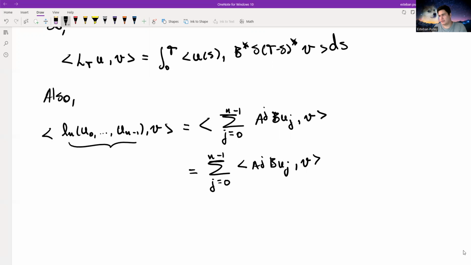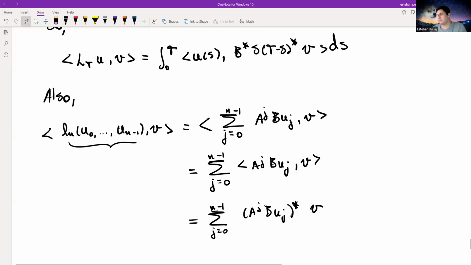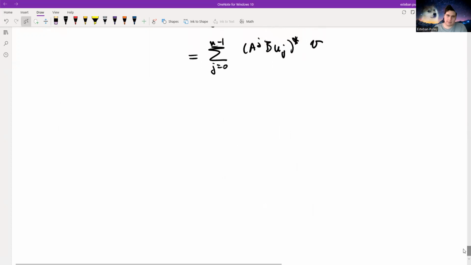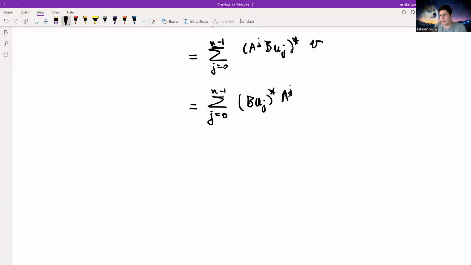Well, again, we do this calculation and have the following. We do j converse b. And this is equal to the sum from j equals 0 to n minus 1 of b u_j transpose a to the power of j transpose b, and this is equal to the sum over j equals 0 to n minus 1 of j u_j transpose b transpose a transpose to the power of j b, and